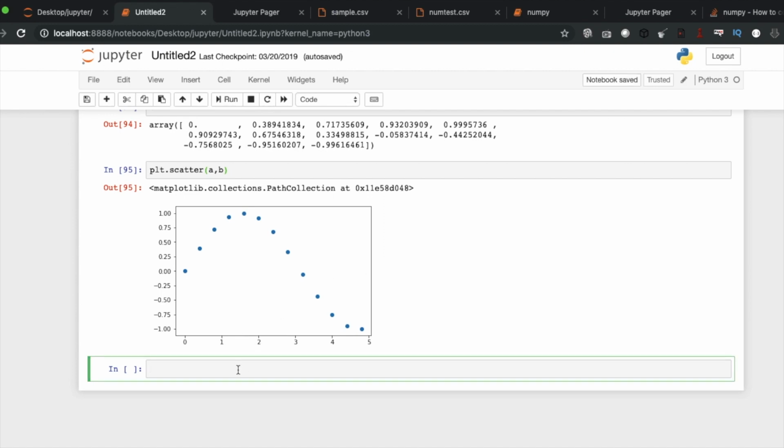For example, say a equals np.array like this: Ronnie, Homu, Rahul, Virat.